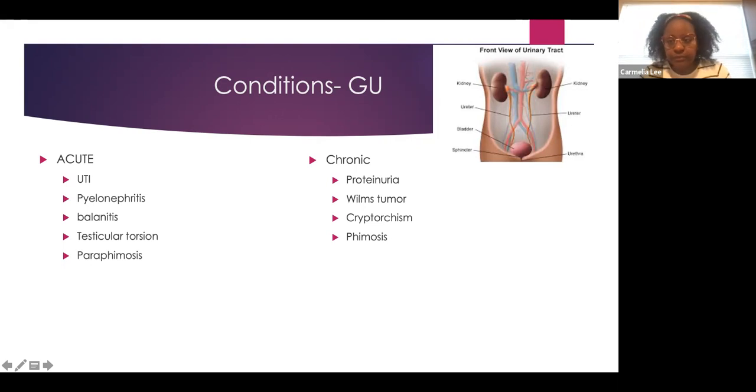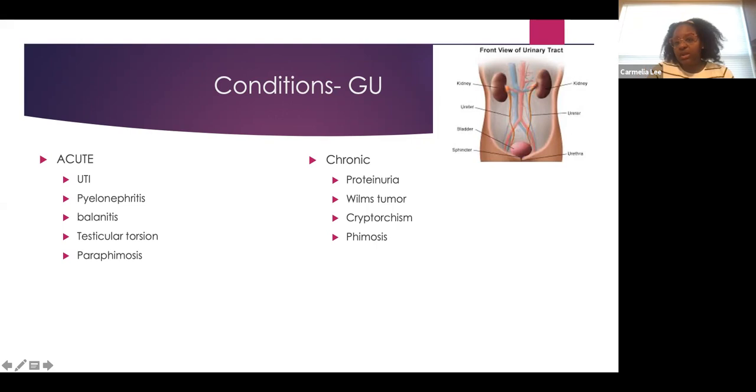Testicular torsion. This is also an emergent situation. It occurs when one testicle rotates and twists the spermatic cord. This can cause interruption in the blood flow to that testicle and scrotum and causes severe pain and swelling. Most commonly this is seen between the ages of 12 and 18, but really it can occur in utero, infants, all the way up to adults. This is considered a urologic emergency. So you always want to be cued into that when you have a child coming with complaints of testicular pain or groin pain, depending on their developmental level.